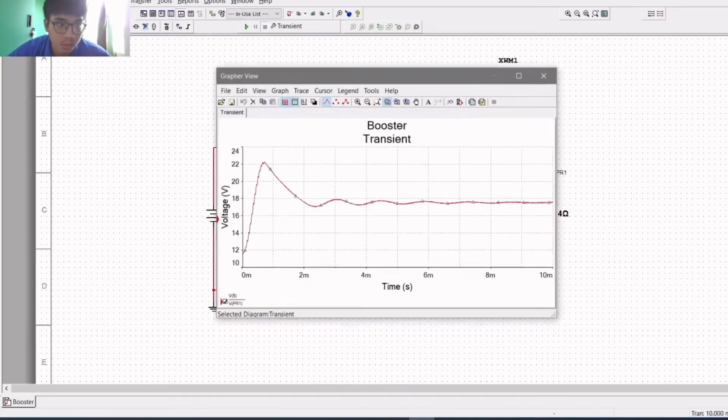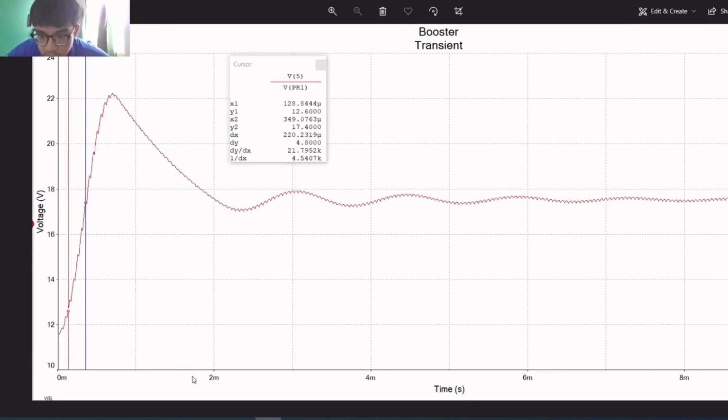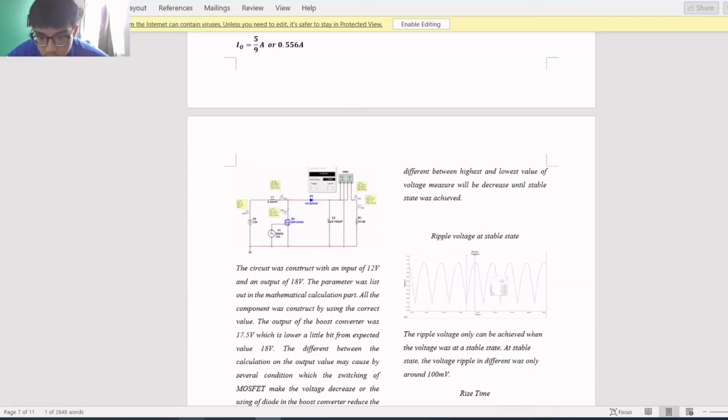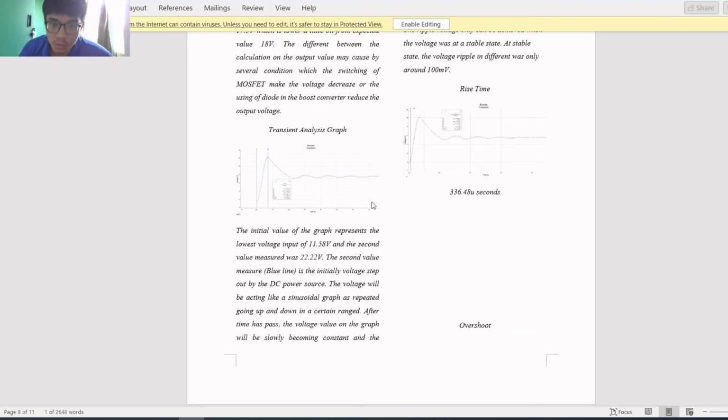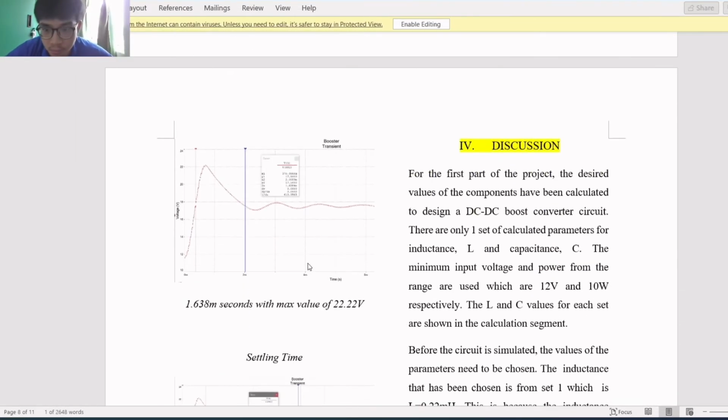Regarding the rise time, from this circuit, the rise time is around 10% to 90%. The rise time that we calculated is between here. I will show you in our report. Okay, this is the rise time, and the difference between them that we have calculated is around 336 microsecond or 33 millisecond. Okay, and for the overshoot, the overshoot is in between here,